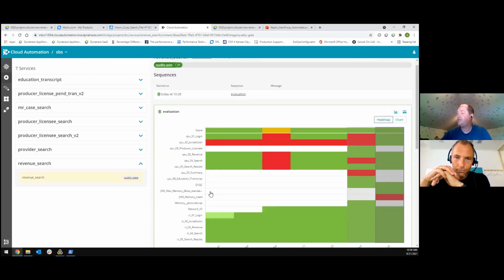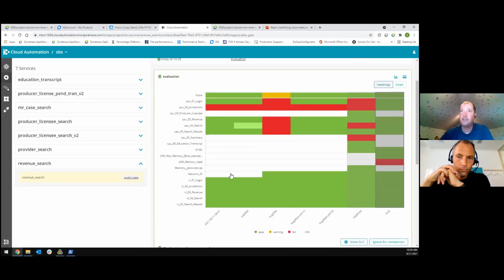So that's how quickly you can trigger an evaluation, and you're going to save a lot of time. The hardest part about this whole process is, if you're like my company, nobody has ever sat down and said, okay, these are our SLIs. We don't have SLOs just because we're kind of a non-for-profit. But I think a lot of companies miss that step, say, okay, these are our SLIs for each